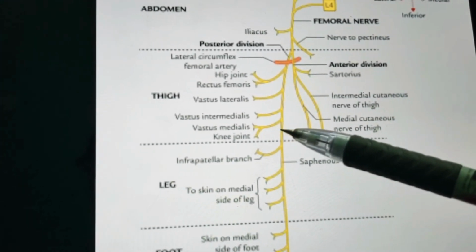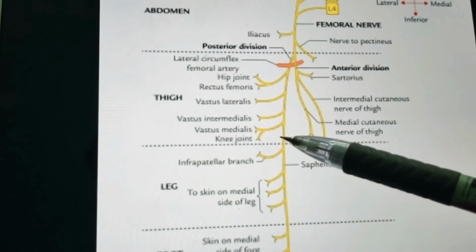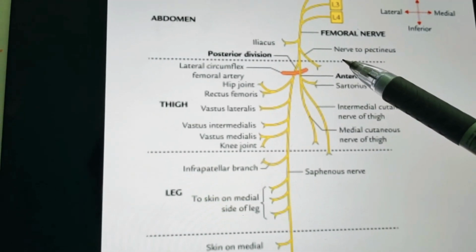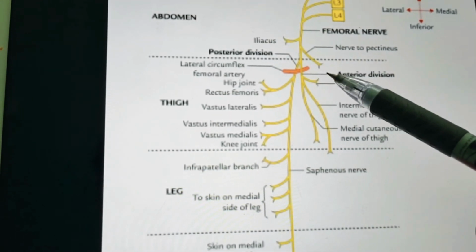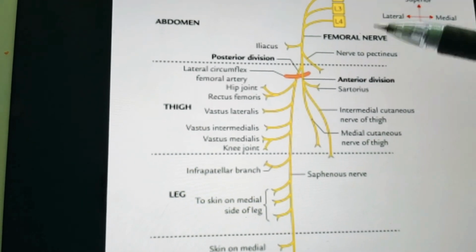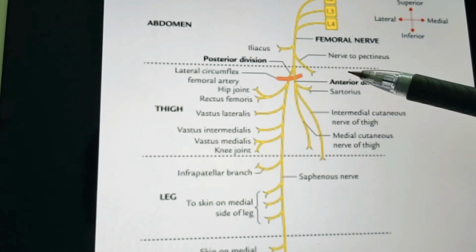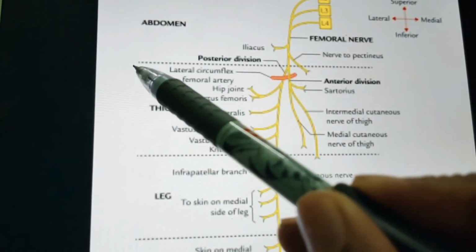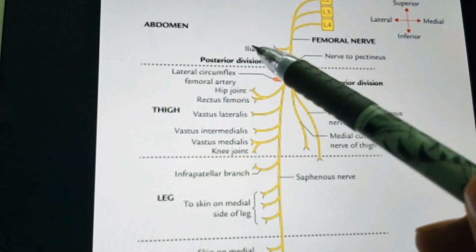Now coming to the vascular branches, mainly to the femoral artery and its branches. Note the nerve to pectineus: it arises from the medial side of the femoral nerve just above the inguinal ligament, and it passes obliquely downwards and medially behind the femoral sheath to reach the anterior surface of the muscle, because on this side you have the pectineus muscle, right? So this is the nerve to pectineus. Remember, it is above the inguinal ligament. Even the nerve to iliacus is above the inguinal ligament. You can see this dotted line. This dotted line represents the inguinal ligament. So above that you have the nerves to pectineus and iliacus.